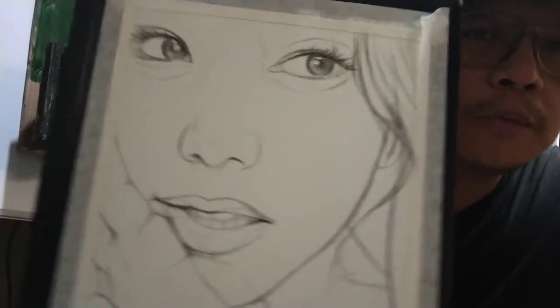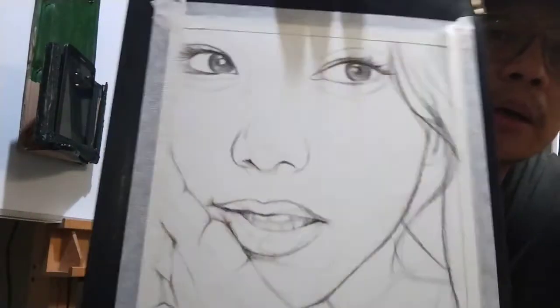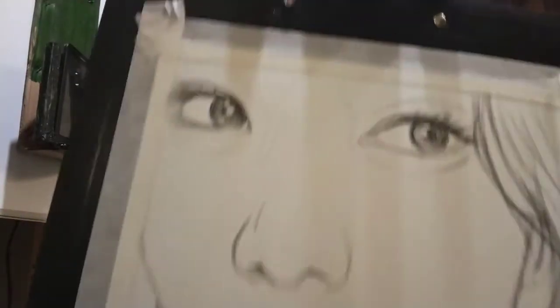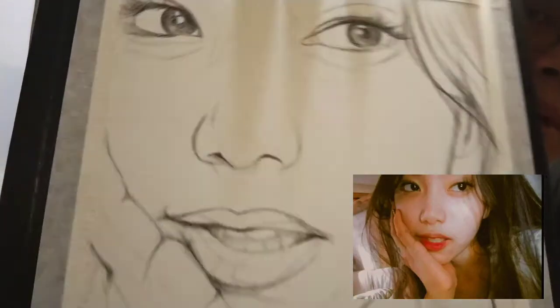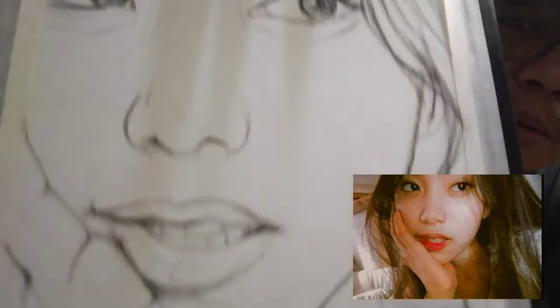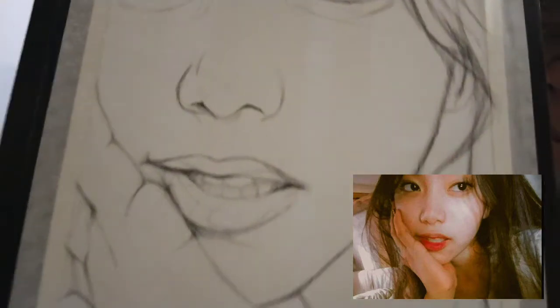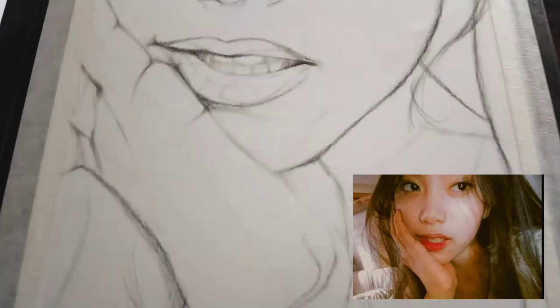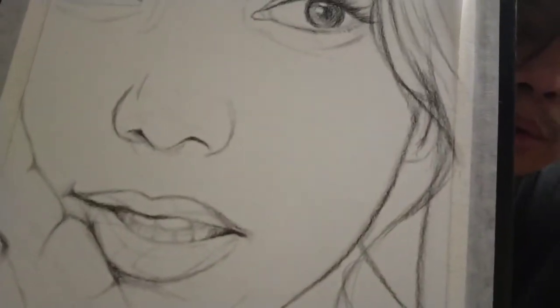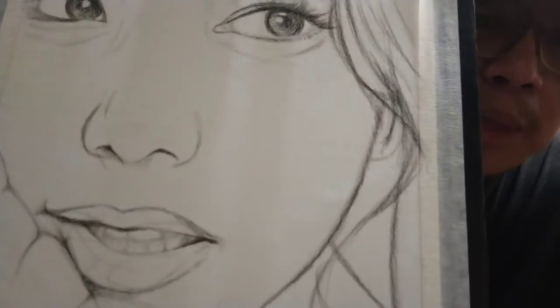Okay, so now we have reached this stage. We have already laid down the darks, but we haven't blended them yet. So we're going to do that and enhance the darkness of these lines. Now, it's very important to vary the thickness of your lines, to denote movement, and of course the changing